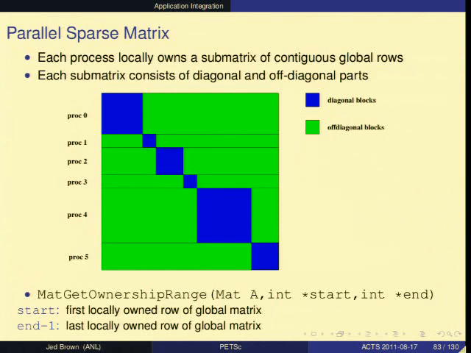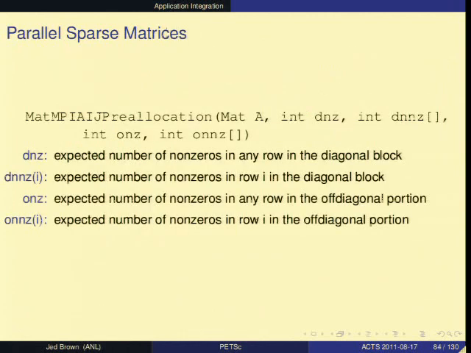The parallel matrices, the formats that we use primarily, decompose into these diagonal and off-diagonal blocks. The reason for this is overlapping the communication and computation inside of the matrix multiplies and such, as well as being able to form a lot of common preconditioners that use the diagonal block independently. So for pre-allocation, we end up needing the number of non-zeros in a row in the diagonal block and in the off-diagonal block. You can give upper bound estimates, or you can give a by-row value in there.